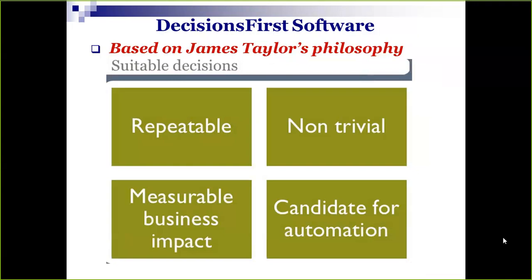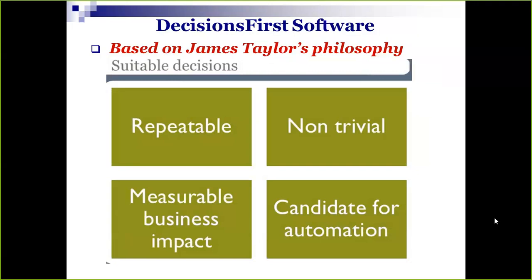Thank you. The third thing we really need to have is measurable business impact. In other words, each of these decisions that are repeatable and non-trivial does have an impact on the bottom line, albeit maybe small individually, but collectively large. And then the final thing that he thinks would be ideal for using Decisions First for would be decisions that are candidates for automation. Now, we don't do much with that last one, the bottom right criterion in this course,